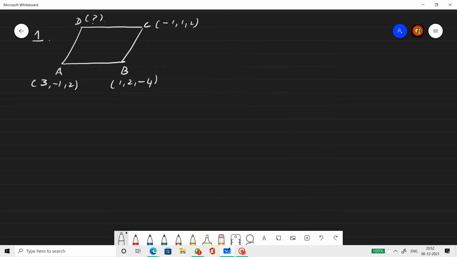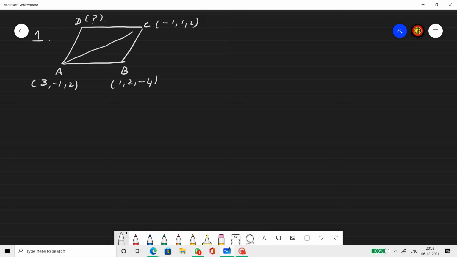The second mistake students always make in these kinds of questions is applying the distance formula. Once it's a parallelogram, we should not try the distance way of solving. This type of question is there in 10th also, and we have the same in 11th also. So you can imagine the importance of this question.